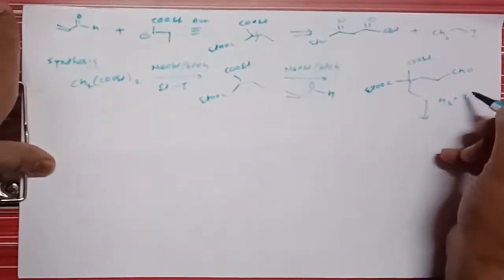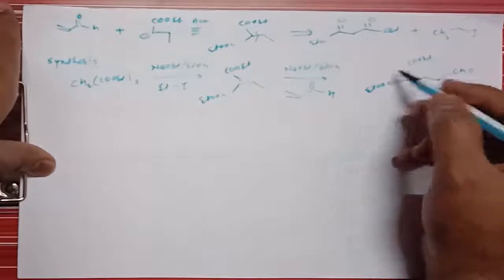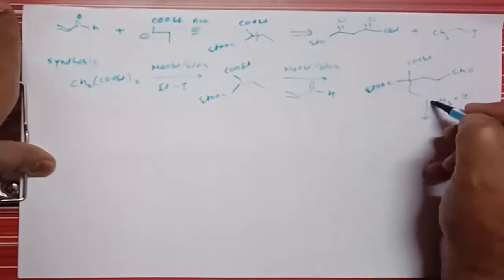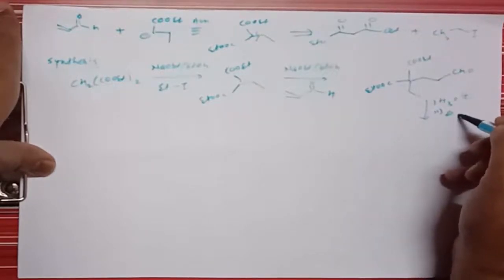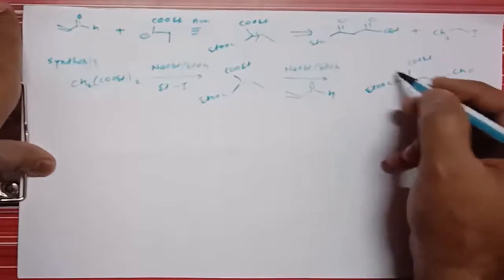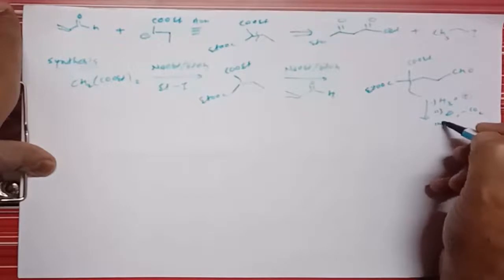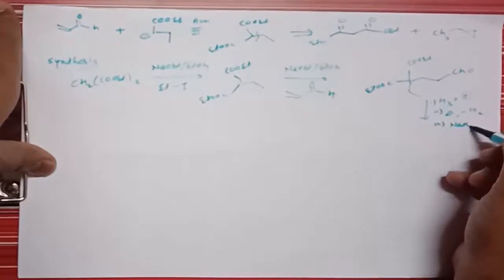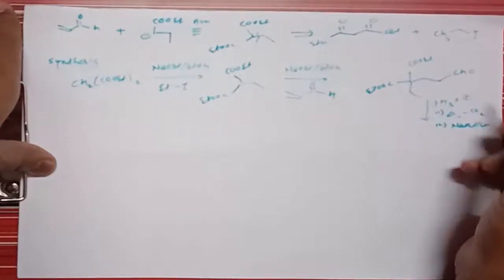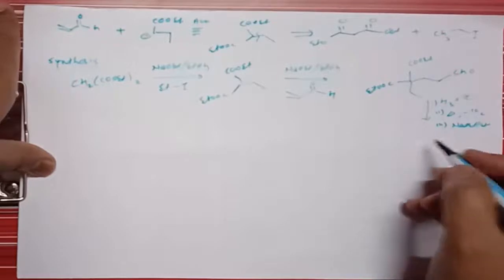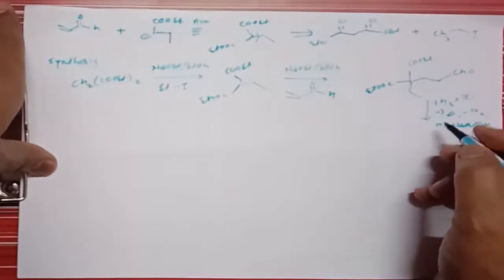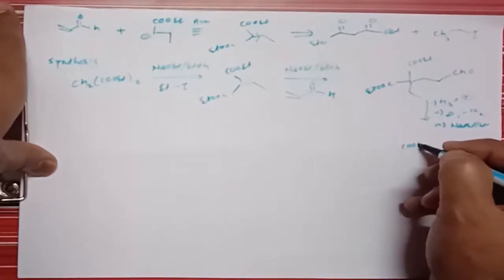So in hydrolysis, what does it give? It gives the formation of an acid. Then in the second step, we can heat for decarboxylation. One of the carboxyl groups will be removed here, and then again we have to treat this molecule with sodium ethoxide in the presence of ethanol, so that it gives the formation of an ester. So what does it give? It gives COOEt.